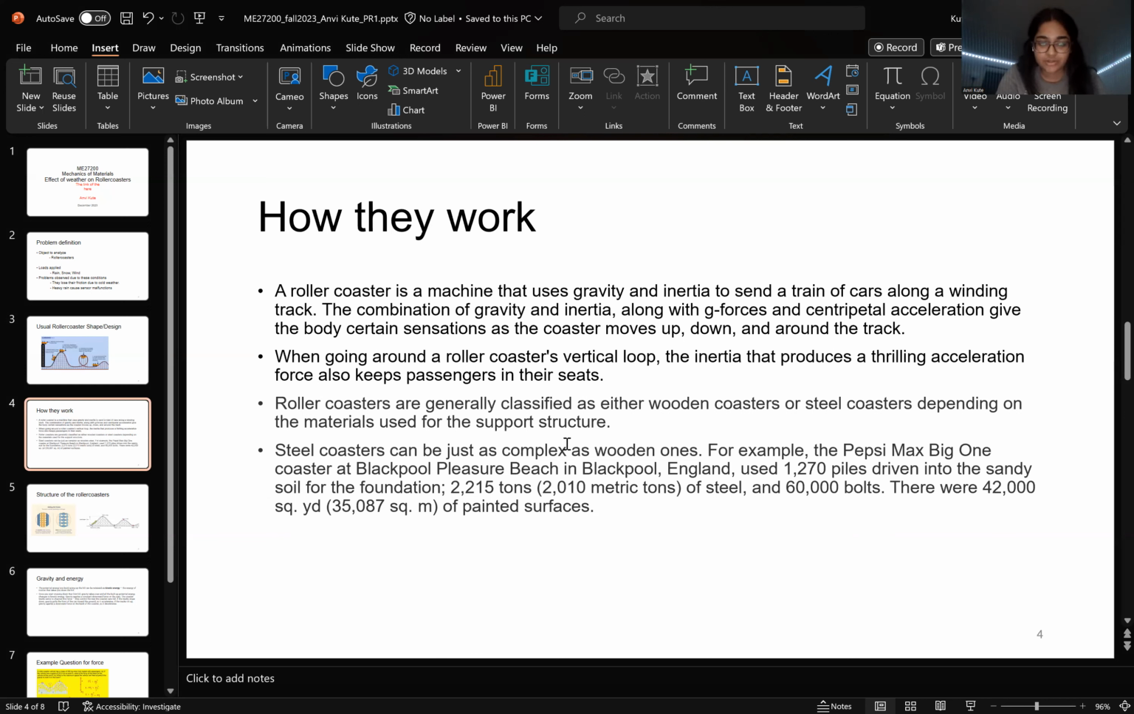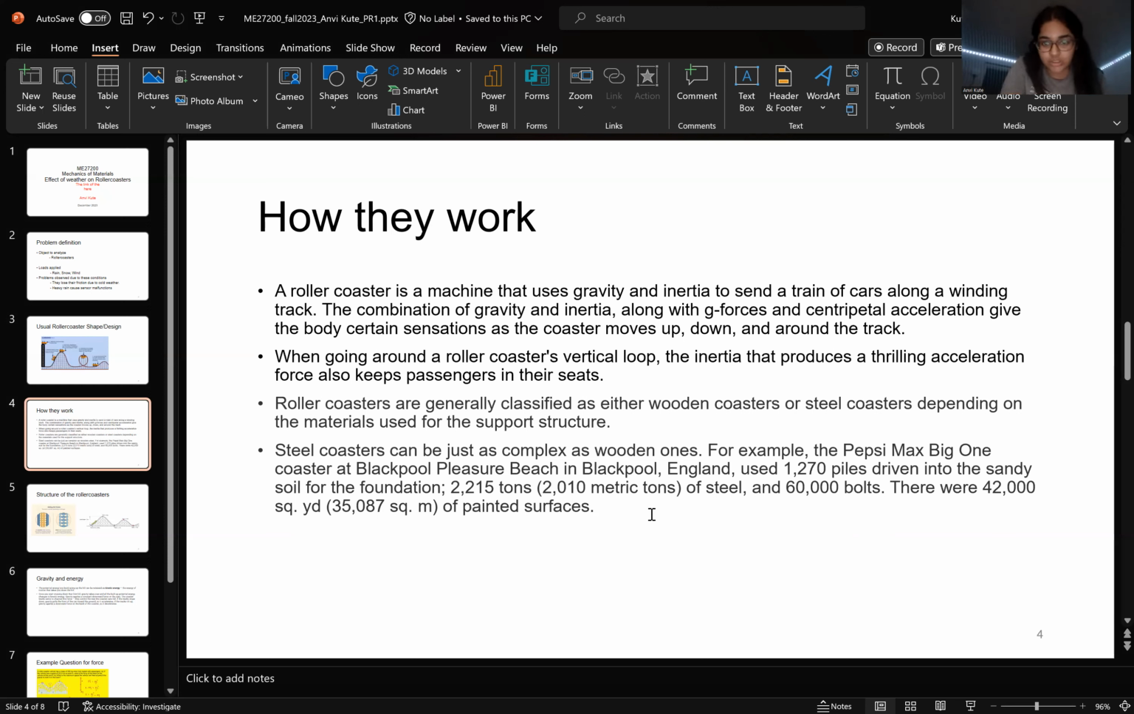When going around a roller coaster's vertical loop, the inertia that produces a thrilling acceleration force also keeps passengers in their seats. These are usually made up of wooden or steel coasters, depending on the materials used for support structures. Usually, steel structures are used because they are a little less complex than wooden ones,